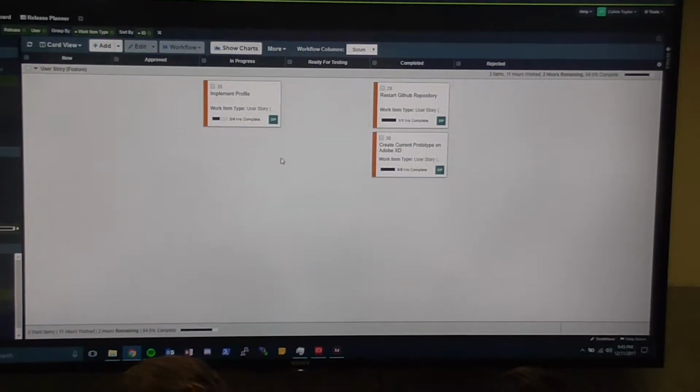All right. Next up, in my finalization of development, we needed to recreate a repository. The previous one was having a bit of an issue with merge conflicts, so I went ahead and recreated the repository. I pulled in a software called GitKraken to simplify the process. It gets rid of the command line and offers a bunch of other functionality as well as a merging tool. Also in Sprint 4, I created the prototype in Adobe XD, and finally I'm still implementing the profile view for current.